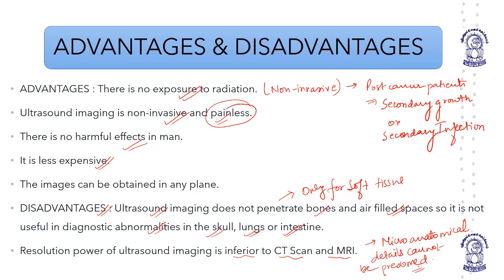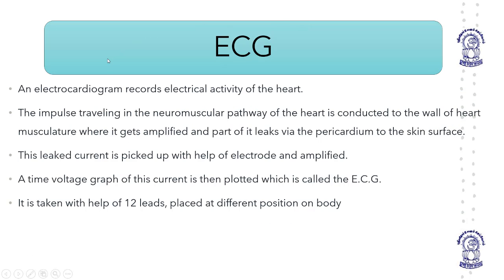So advantages are it is non-invasive, radiation exposure is very less, it is not harmful to man, it is less expensive. Disadvantages, it can only diagnose soft tissue, hard tissues are not involved, especially the tissues which have air filled in them, like lungs or intestine. The resolution power of ultrasound imaging is inferior to the CT scan and MRI. So this is about